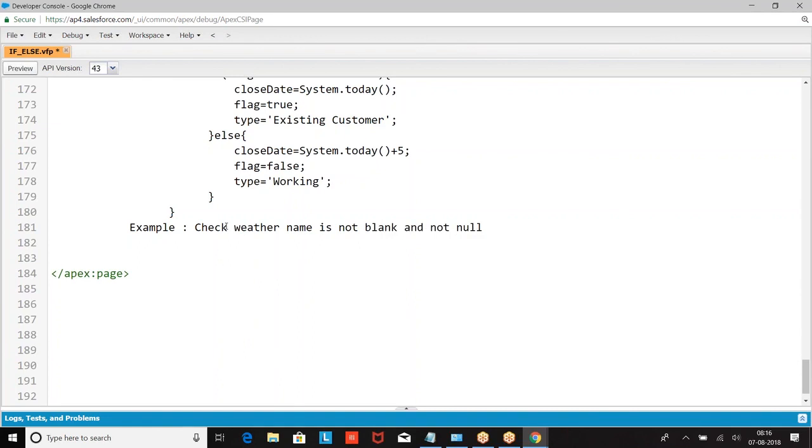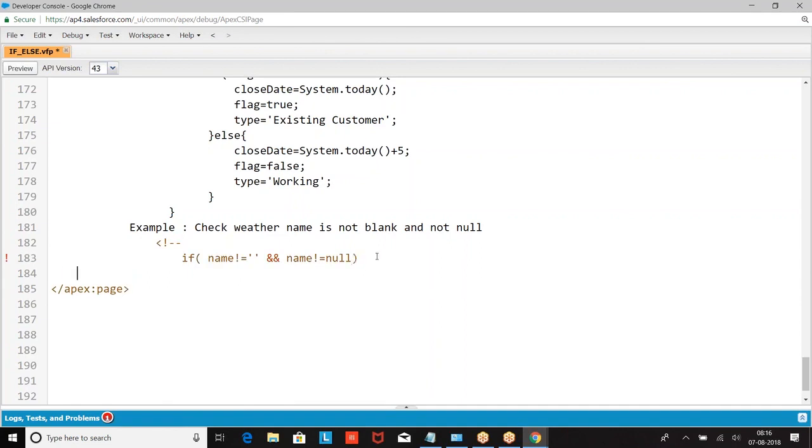What we do: if name not equal to blank, empty single quotes, and name not equal to null. This is to check the blank, this is to check the null. Checking the blank and null is a very frequently used condition.